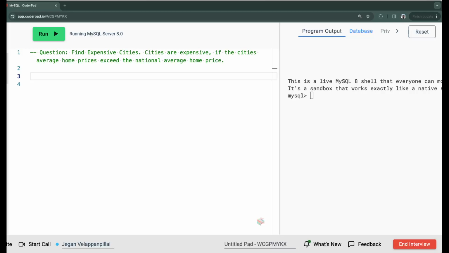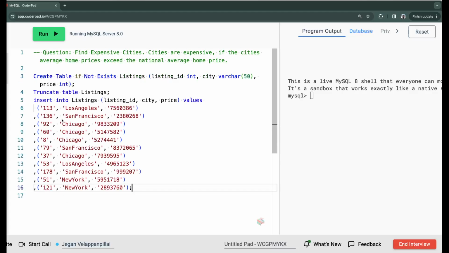Let's see the data set and we can talk about the question in detail. So we are given a table called listings, which has a listing ID, city and price. The listing ID is unique to the table, the city is where the house is listed, and the price is the listing price. So what we have to do is find the overall national average of